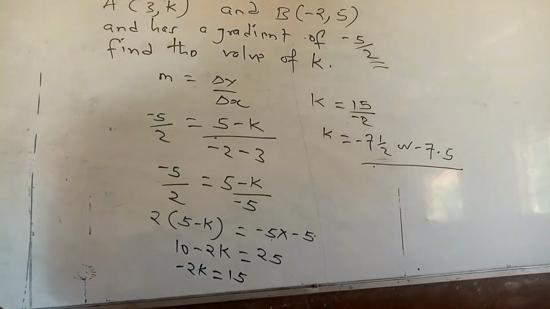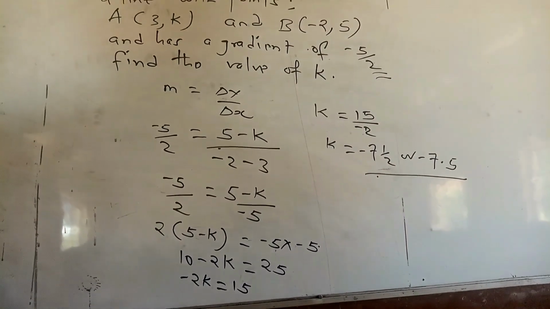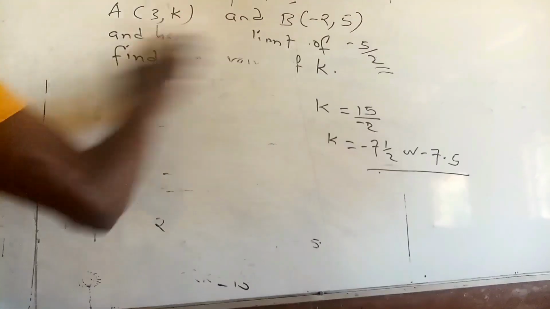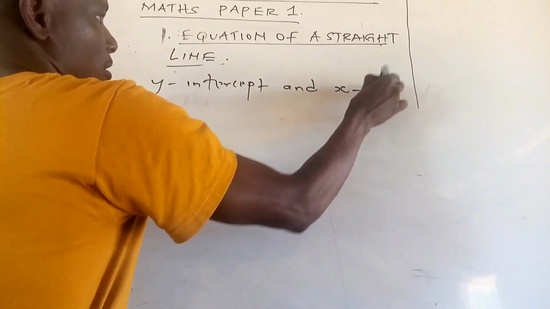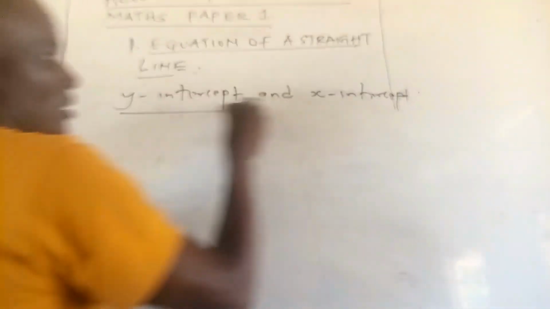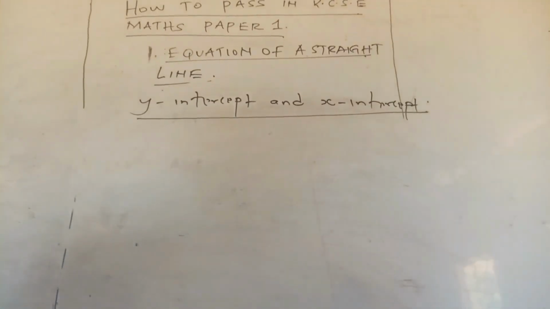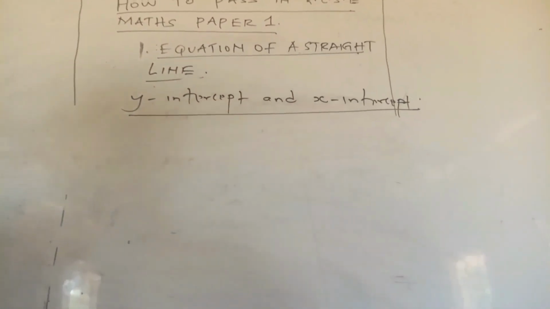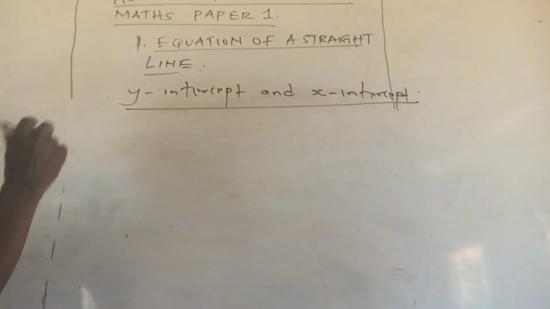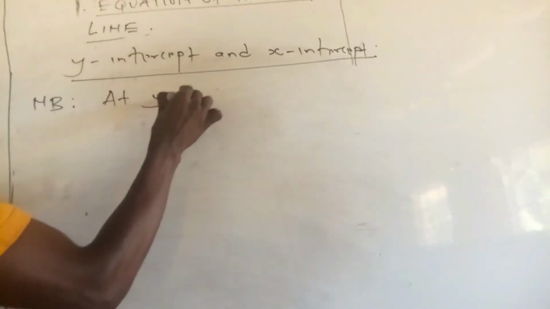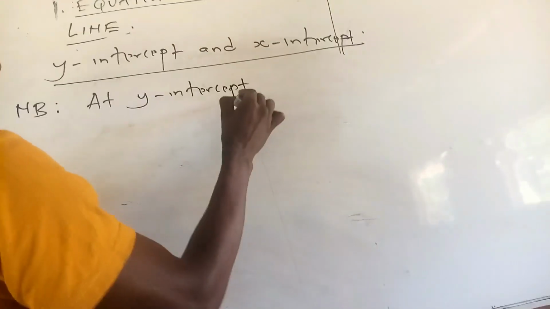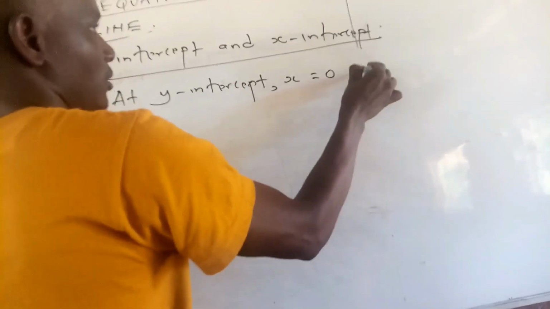Then the next thing that I also want us to look at is getting the y-intercept and the x-intercept. So at times you may be required to find the x and the y-intercept within an equation. So there's something that you need to know here. You need to note that at the y-intercept, x is always 0, and also